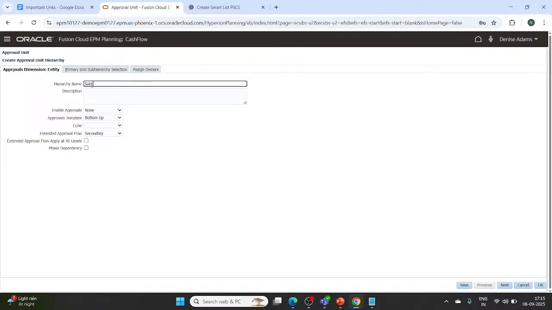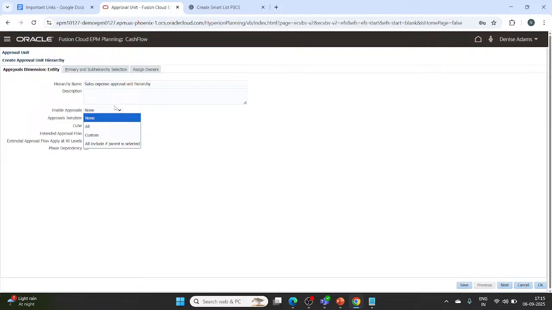Sales approval unit hierarchy. This is the approval unit hierarchy, and